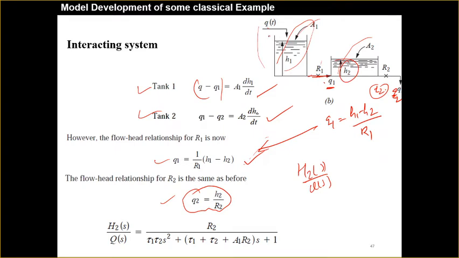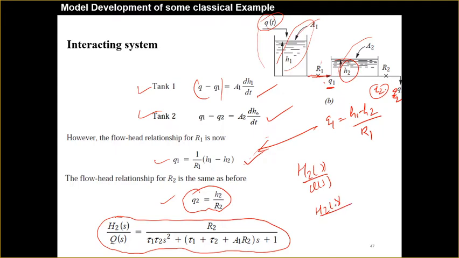Define the deviation variable, define S2S upon Q1S, Q1S upon QS, all these things, and you will find in the final stage the transfer function will come like this. So there's the difference. Remember, in the first type of system, the non-interacting system, you will find the transfer function 1 upon tau 1s plus 1 into R1,